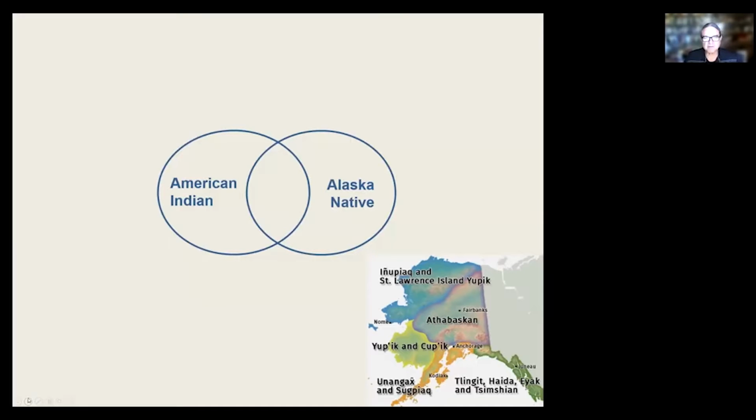We tend to see the term American Indian and the term Native American used interchangeably, but they actually have different legal definitions. So in the US Census as a database, the self-identified race is American Indian and Alaska Native. And when we look at the terminology, there's a reason why it's American Indian and Alaska Native, not just American Indian. So for purposes of the US Census, we self-identify our race or ethnicities.